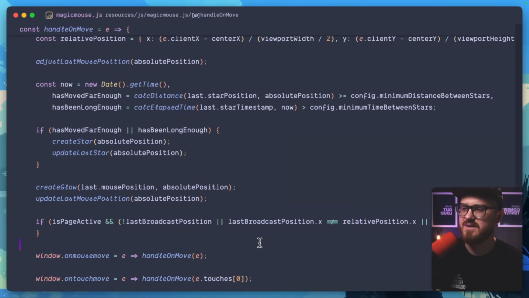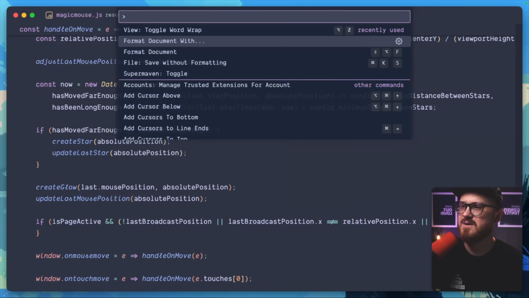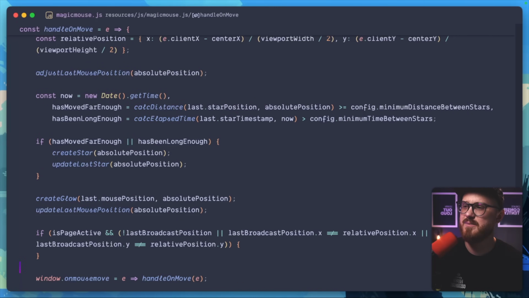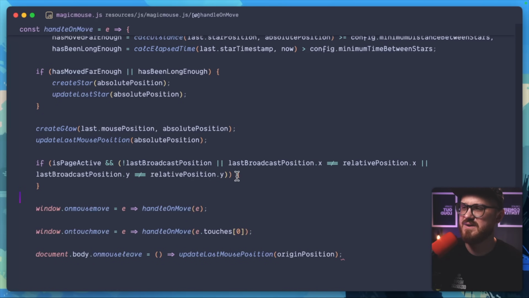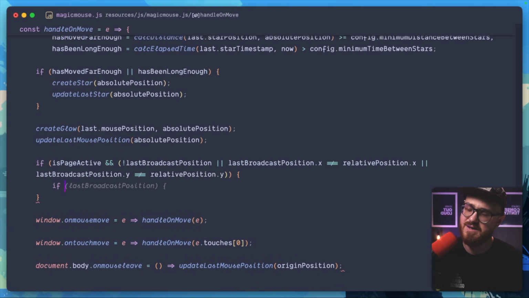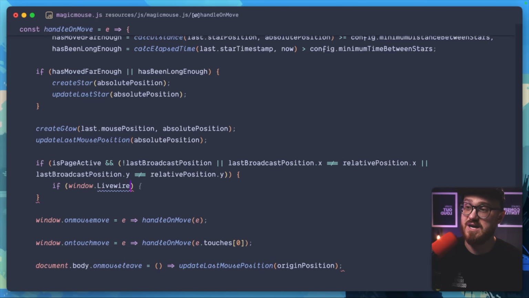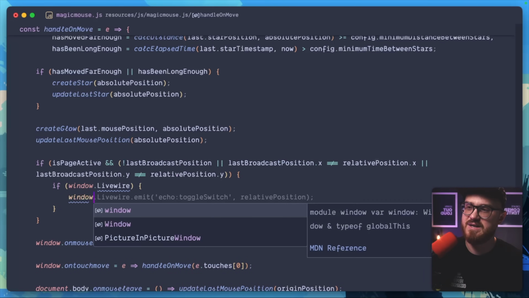Okay. All right. Wrap. Perfect. So if that is true, then we should say if the window is Livewire, if Livewire has been loaded, then we'll go ahead and say